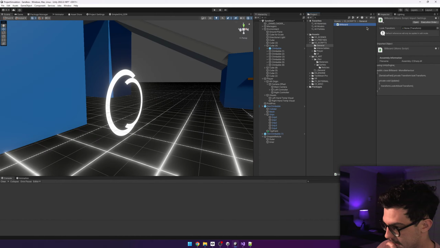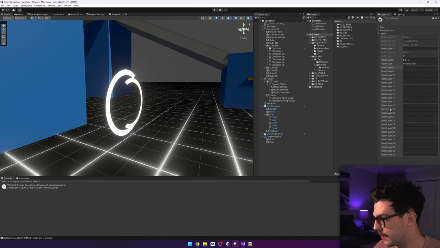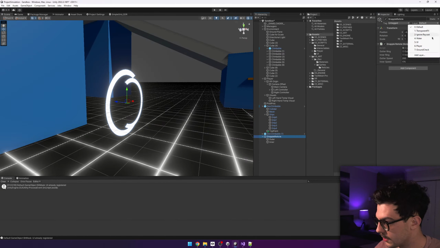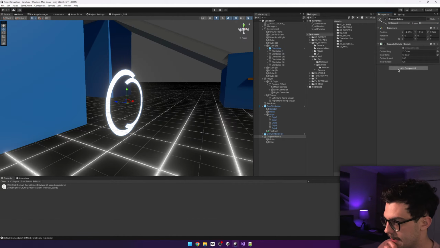So if we drop this on the player, this also, we're going to need to create a new layer. This layer is going to be called, oh, we have a UI layer. Never mind. This is going to go on the UI layer, which we won't worry about having a separate camera for now. And then we're going to drop our